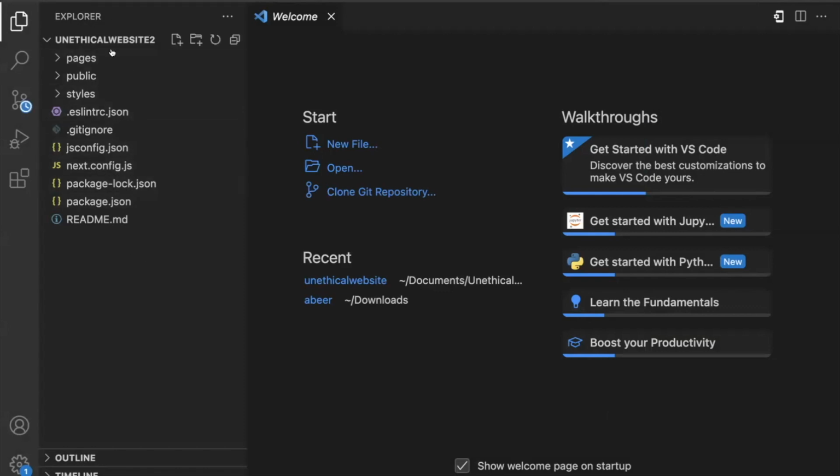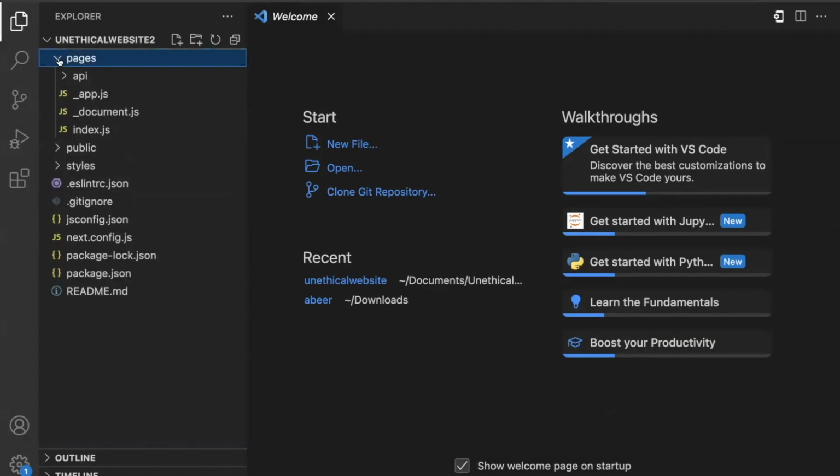And so you see this structure of a Next.js app here. If you have built a Next.js app, this will sound very familiar to you. Or even if you have built a React application in the past, this might look similar to that. So take a look at this pages folder here. This is actually the routing that happens. So when you go to